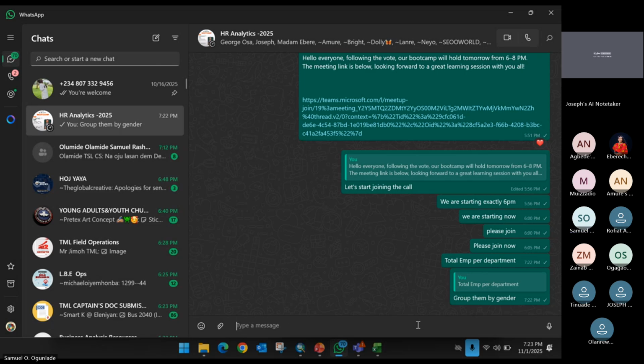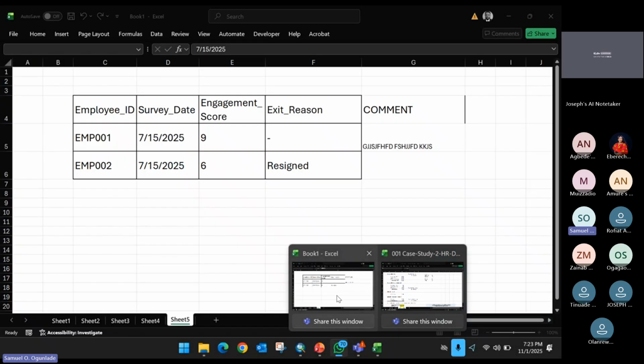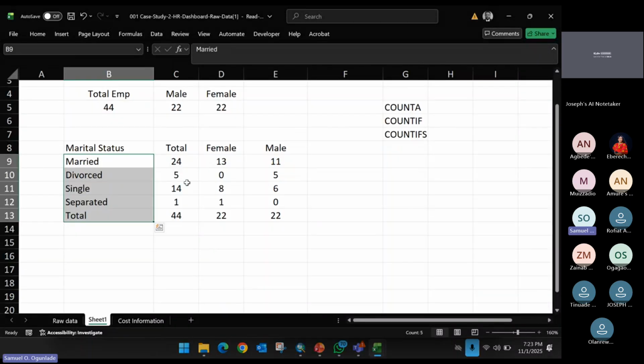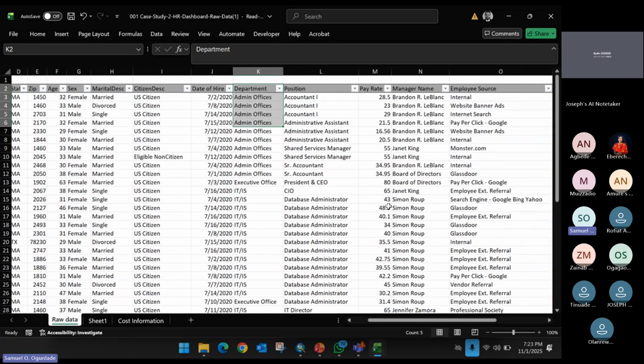Position also group by gender, just like what I did here. Group by gender, just like what I did there. So what I'm expecting from you is to do this by position, and also